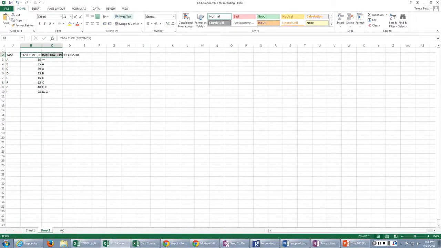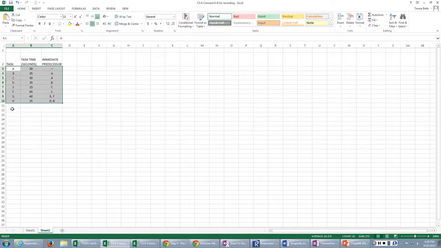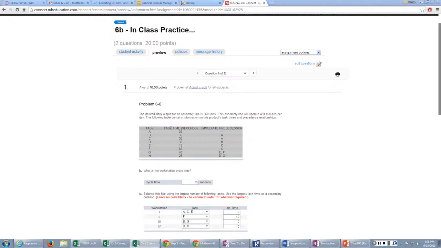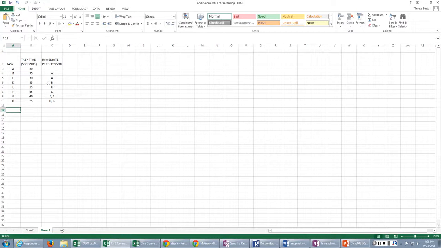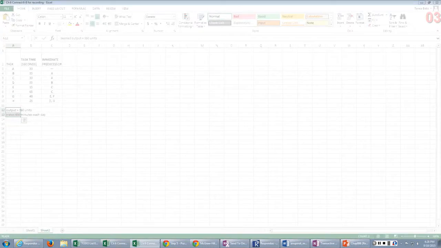We'll wrap the text on those two cells. We'll center up these, right? And we'll come back and make sure that we have the information that we want, which is the desired daily output is 360 units, and the assembly line will operate 450 minutes per day. So desired output, assembly line operates 450 minutes per each day. Okay, so with that information, we're going to go ahead and look at